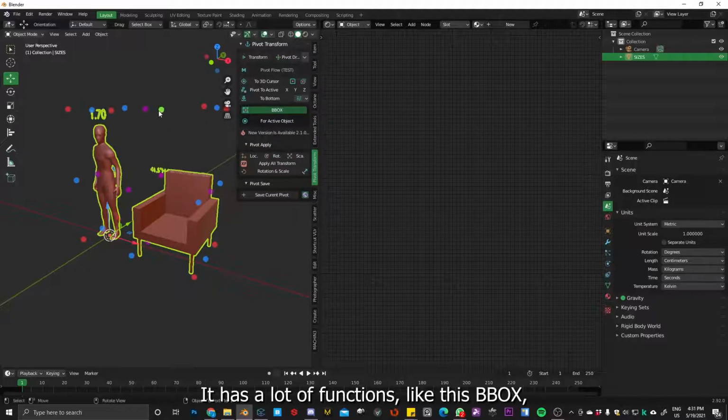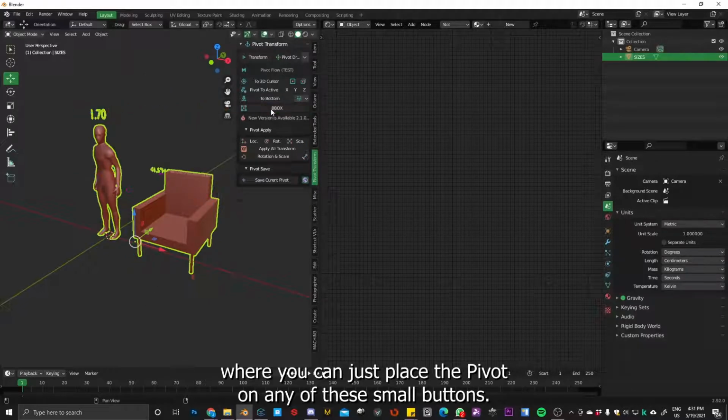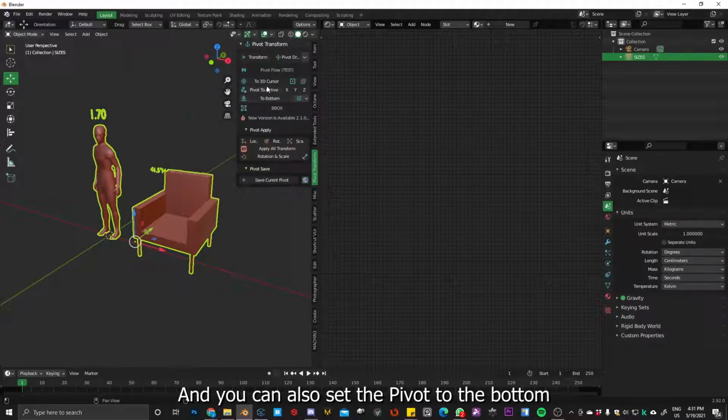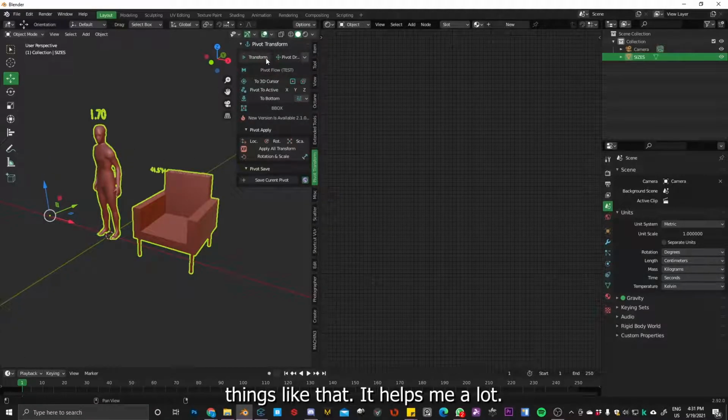So it has a lot of functions like this BB box where you can just place the pivot on any of these small buttons, and also you can set the pivot to the bottom or maybe apply this transform pivot where you can move it anywhere you want, things like that. It helps me a lot.